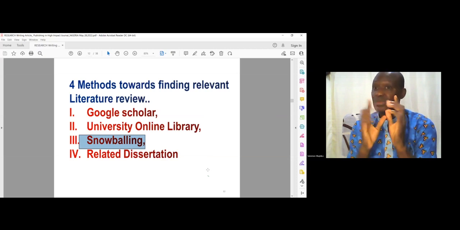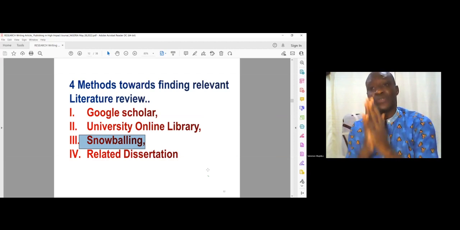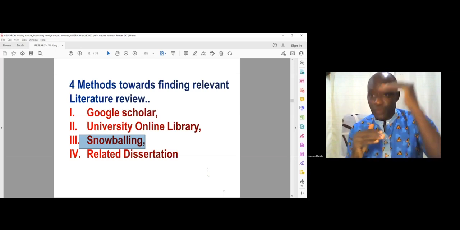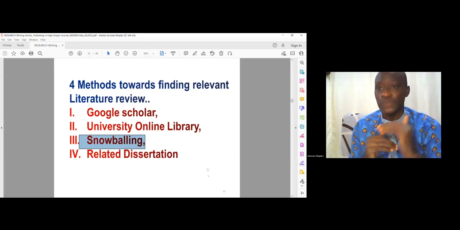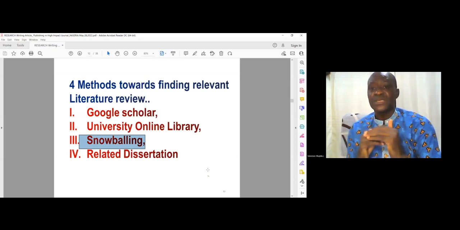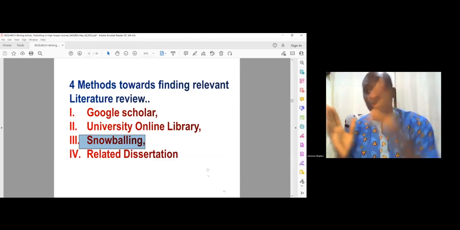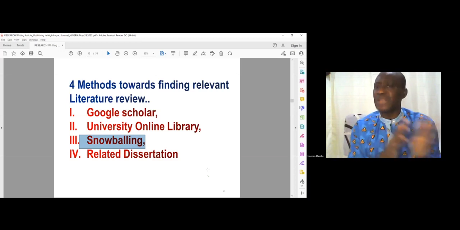Relevant 16 articles gotten from snowball approach from the reference page. I am doing that always as well. Once I have a very good article, maybe the article is 2021, maybe from Elsevier, Springer, then I will look for the references they make use. I will look at what model did they use, what theory. That is what is called snowballing. Getting reference related to your study from the first group of articles you have. You can try it also if you have your articles around.